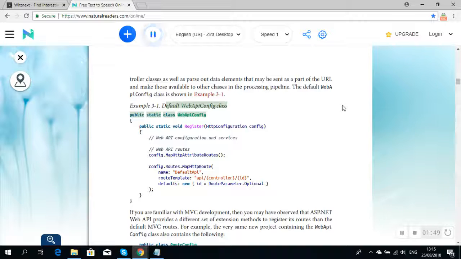Example 3-1. Default WebApiConfig class. public static class WebApiConfig { public static void Register(HttpConfiguration config) { // Web API configuration and services // Web API routes config.MapHttpAttributeRoutes(); config.Routes.MapHttpRoute(name: "DefaultApi", routeTemplate: "api/{controller}/{id}", defaults: new { id = RouteParameter.Optional